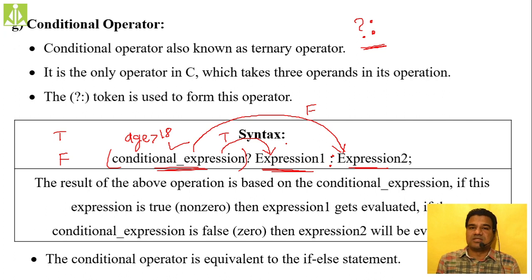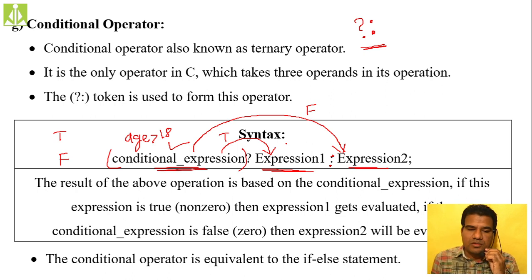Whenever you want to divide the path between two paths, based on the decision, if you want the true decision, you will select the true path, and if you want the false decision, you will take the false path. This conditional operator is one such selection statement.